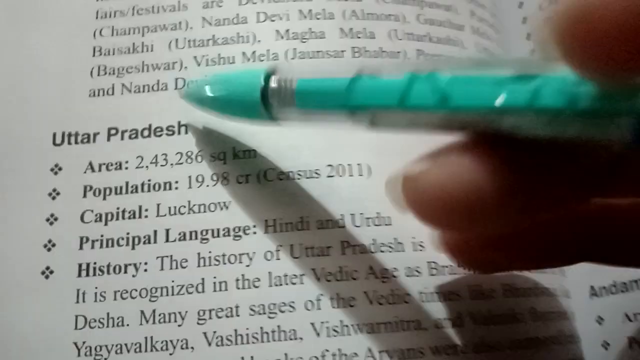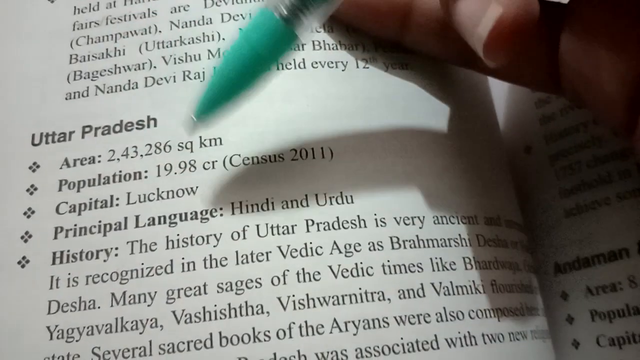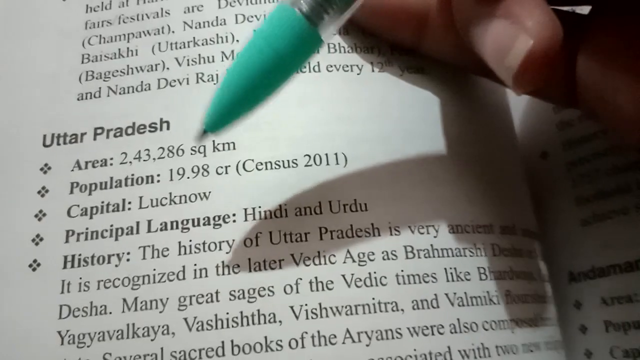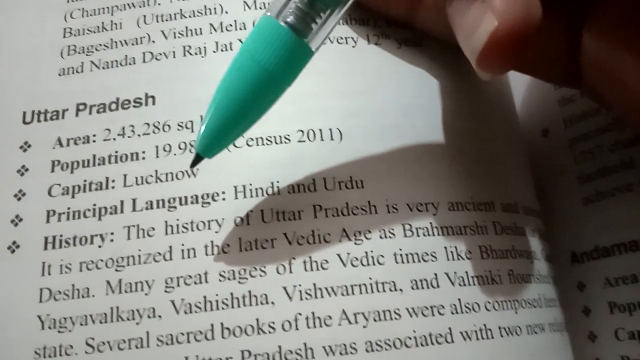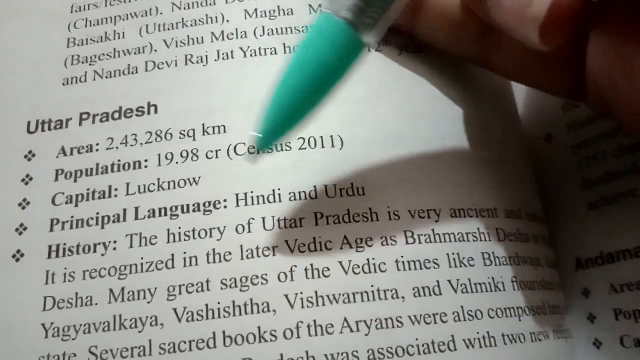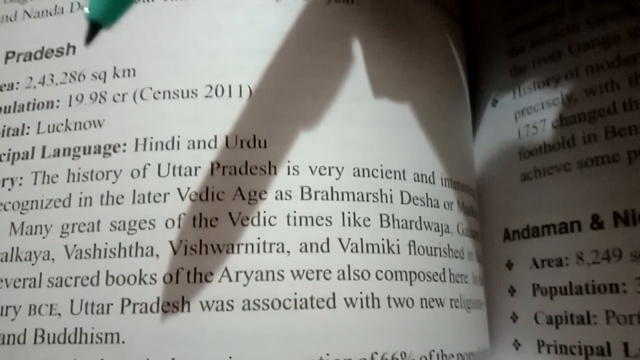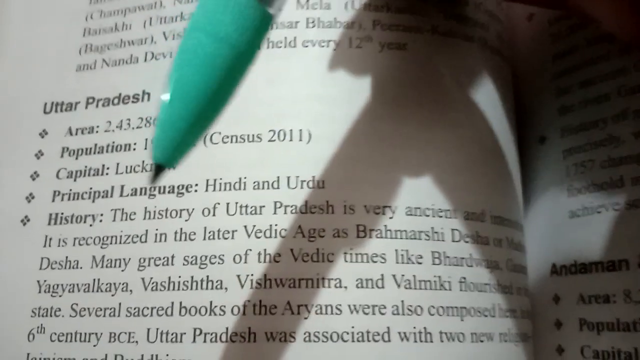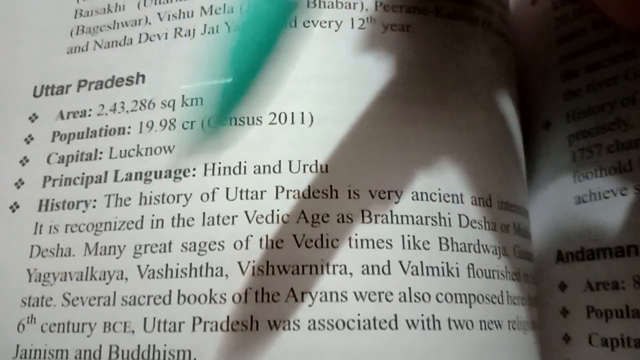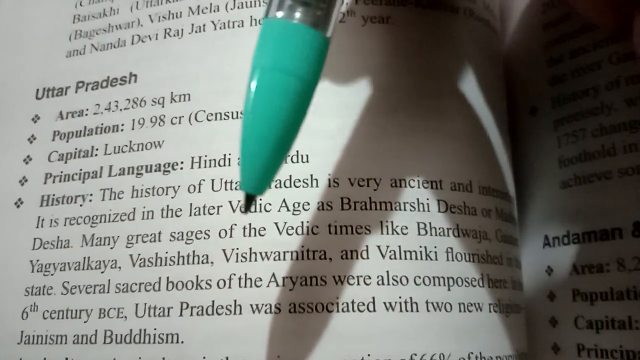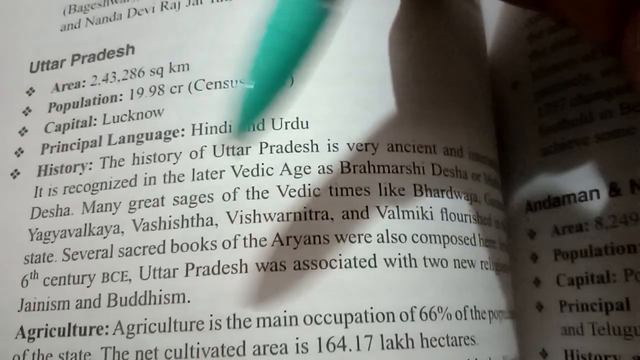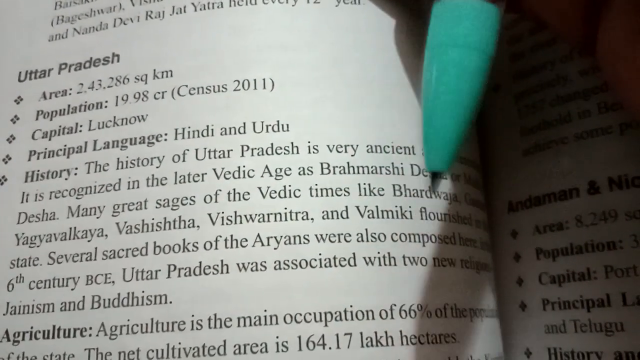Then there is Uttar Pradesh, area 2,34,326 square kilometer. Population is 19.98 crore. Capital Lucknow. Principal language Hindi and Urdu. History. The history of Uttar Pradesh is very ancient and interesting. It is recognized in the later Vedic period either as Brahmarshi Desha or the Madhya Desha. Many great sages of the Vedic times like Bhardwaja